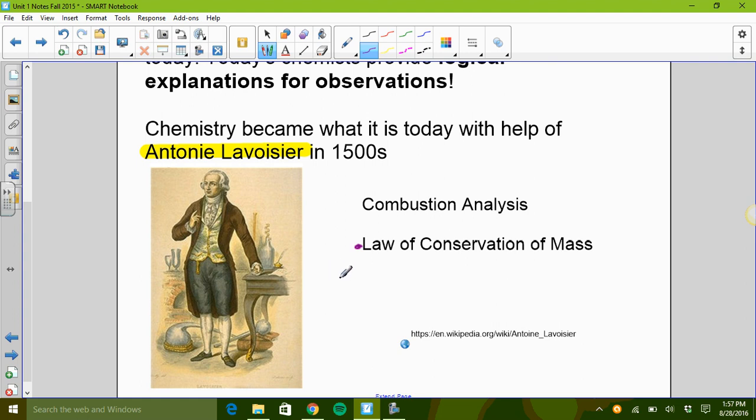We also credit Mr. Lavoisier for identifying hydrogen, which is H2, a diatomic gas, and oxygen. So he coined the terms for those. He also found that these things occurred in integers. So there's no half of an atom of hydrogen or half of an atom of oxygen. They're in whole units. And you can read more about him on his Wikipedia page.